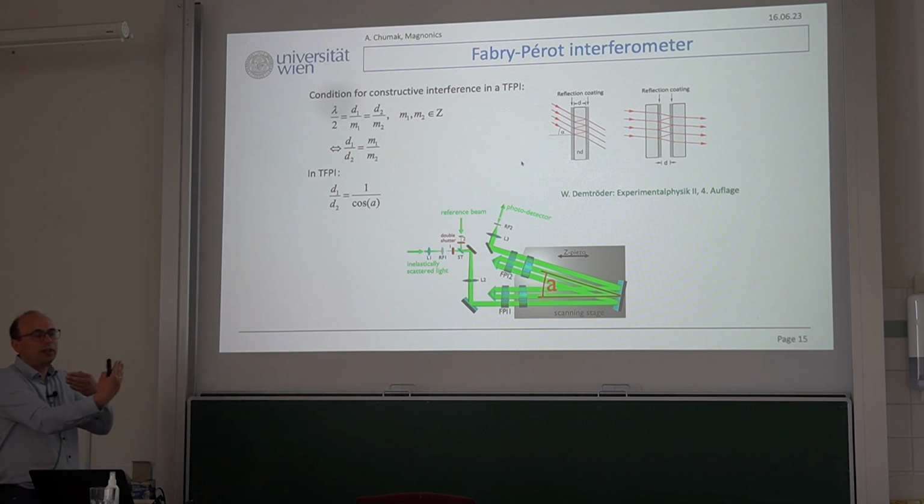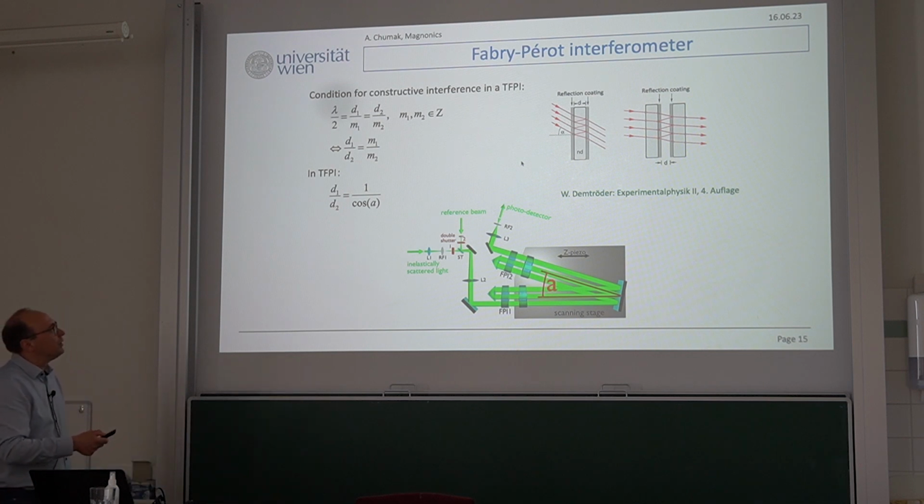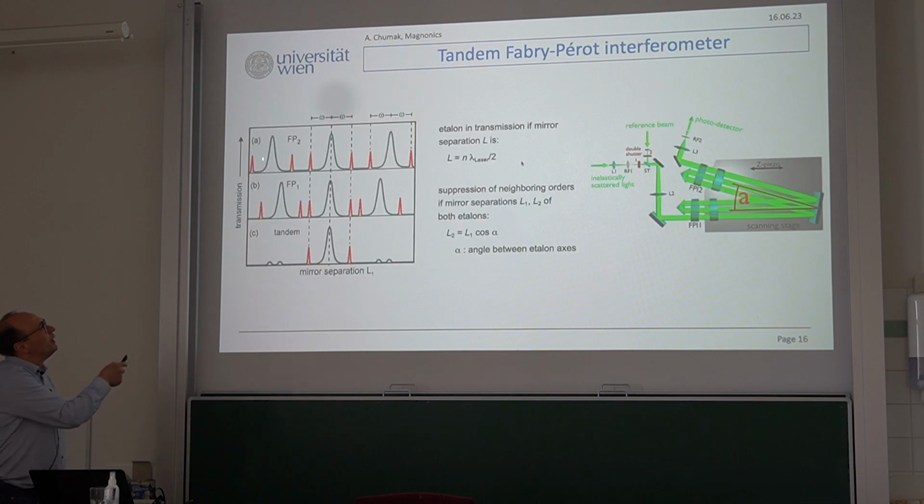So for different wavelength, for different distance, you have different frequency of light passing through. But the second pair of mirrors was placed with some angle alpha, and in such a way he got a situation, so then you can rewrite it in this form. If you have all these resonances for one interferometer, and you have all these resonances for another interferometer, because of this alpha angle,